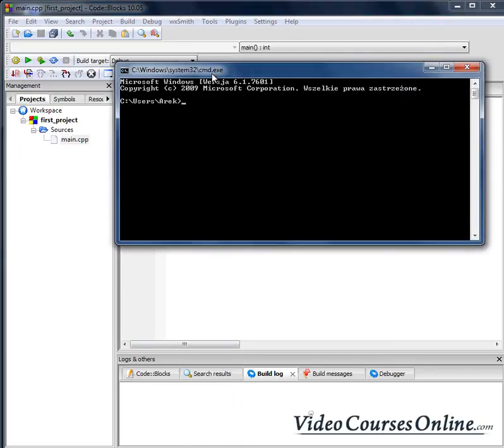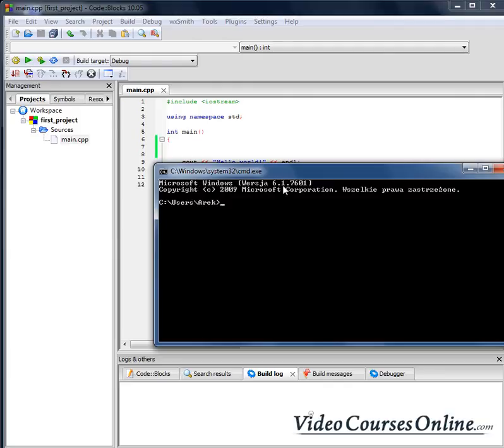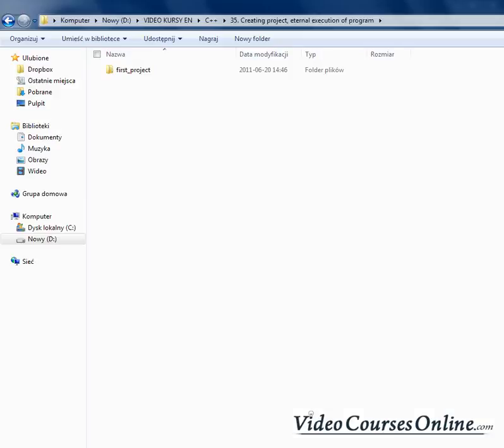In order to show that, we have to type CMD when we click on the Start button in Windows. And here we can change the directory to D, then go to the path of our project, so here,